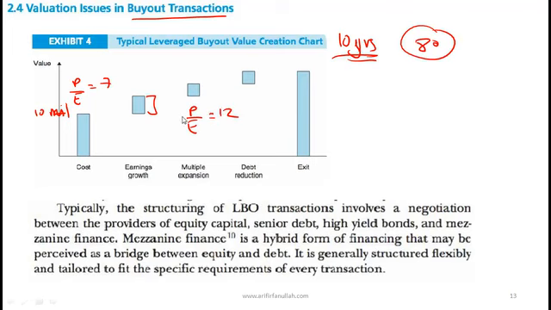Why might you increase the PE ratio? A, if the growth rate has increased. B, the efficiency of the company has been improved, your turnover ratios and so on are better. So if these two things happen, what will happen to the PE ratio? The PE ratio obviously goes up. So first value creation was simply by core increase in earnings. So even with the same PE ratio, the price will go up if your earnings are up. The second, if you improve your multiple, that also increases value.